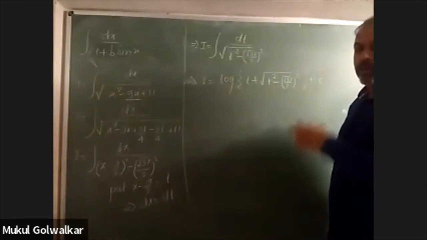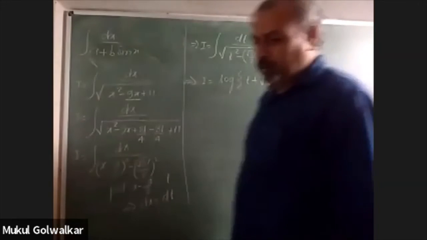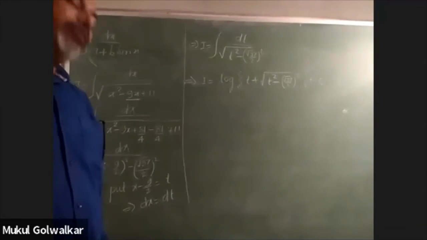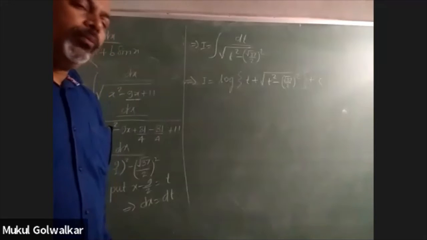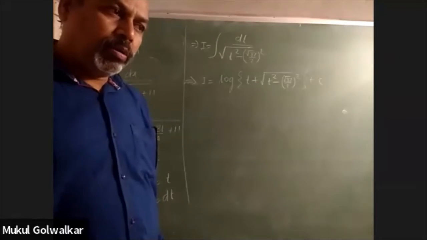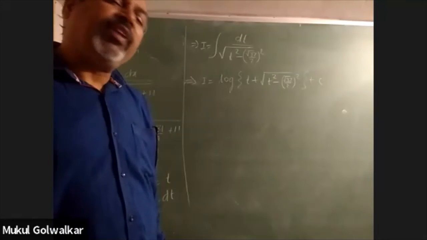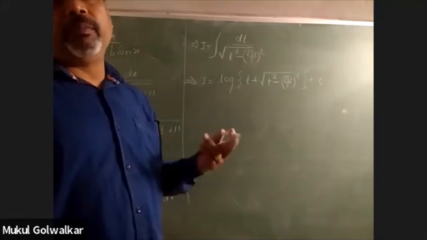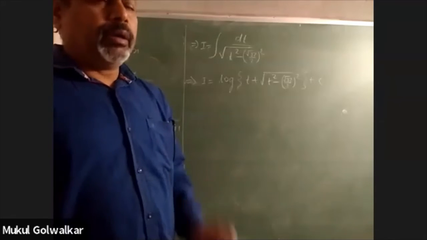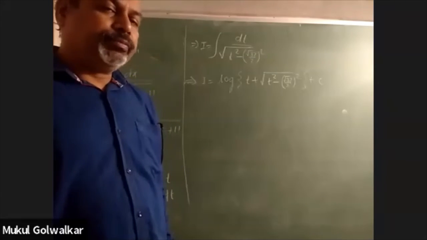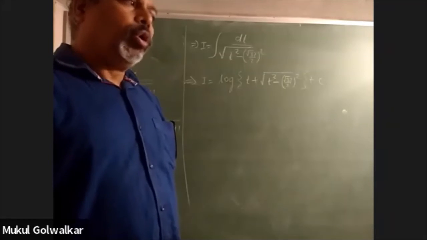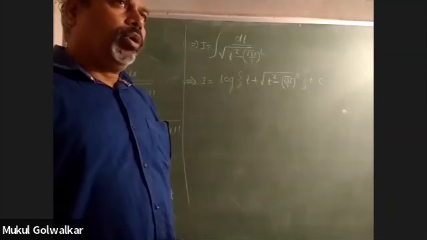Sir, there are a few questions in NCERT in which we get under root and we get minus of x square, that is, the highest power has a negative sign. I know how to integrate: we take the minus sign common and then convert it into a pure quadratic, and then we get the minus sign again. It is a simple thing, child: that minus sign will not be taken out of the square root sign. Yes, sir. It stays inside only. So my doubt is that if I take the minus sign as iota and divide by iota, we get for a quadratic 4 roots, 2 in the Cartesian plane, 2 in the complex plane.